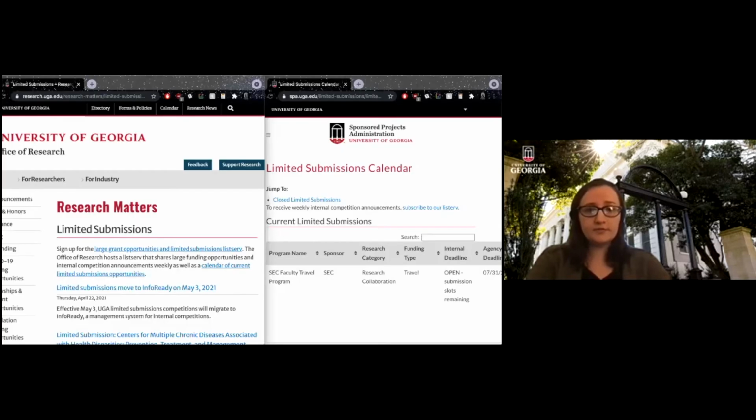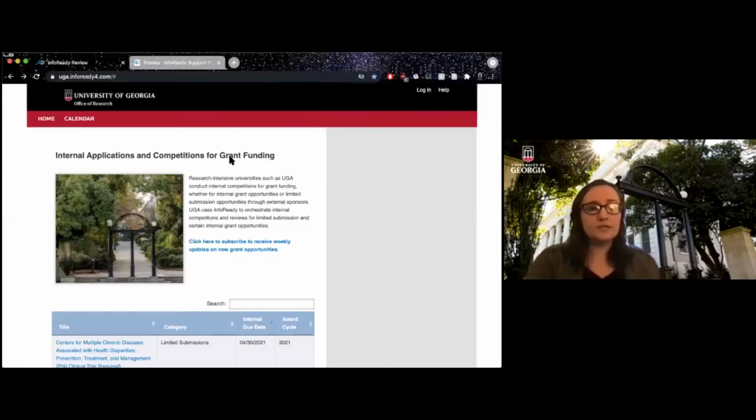Okay, so I'm going to just really quickly show you the previous pages that you're likely familiar with. These are the Research Matters page that Alex mentioned and the calendar. Both of these will, like she said, automatically redirect to InfoReady. Okay. So then the InfoReady page can be found at